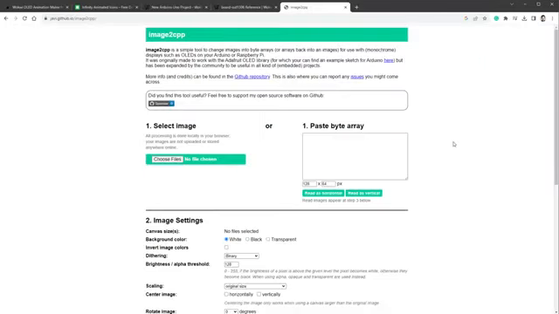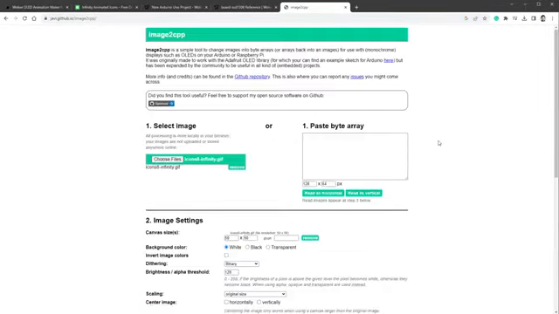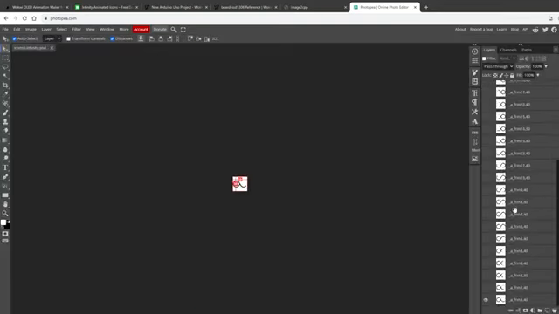For that we can use a tool called image to CPP, but when I select the GIF file, you will see that I can only see the first frame, so I need to first separate those frames into individual files. And there are many online tools to do that, but my favorite one is Photopea, which is like a free online version of Photoshop. So if I open this GIF file, you can see that I get all those individual